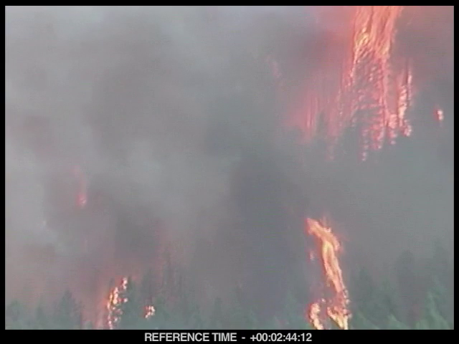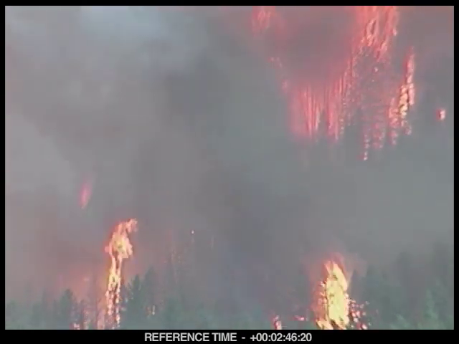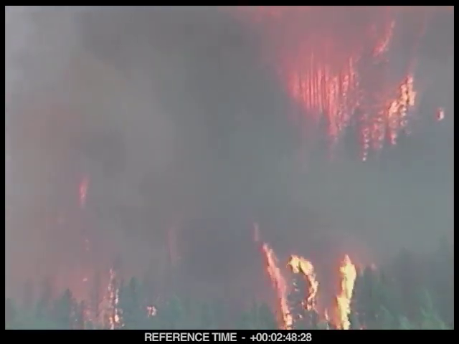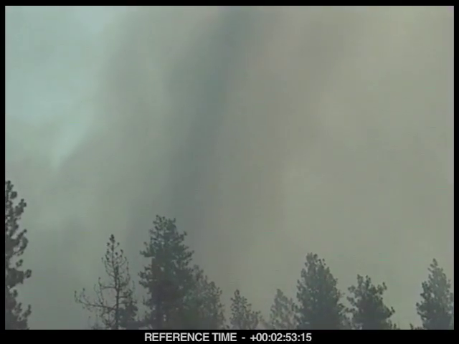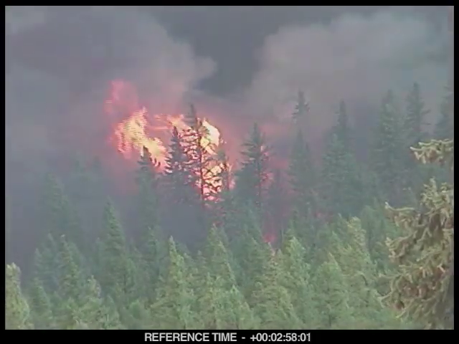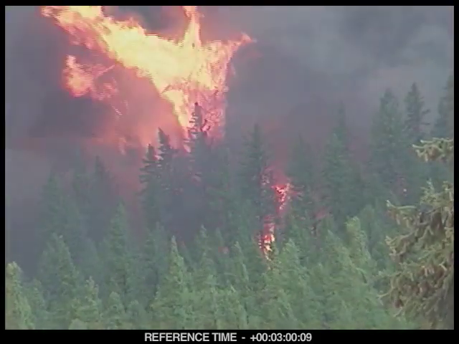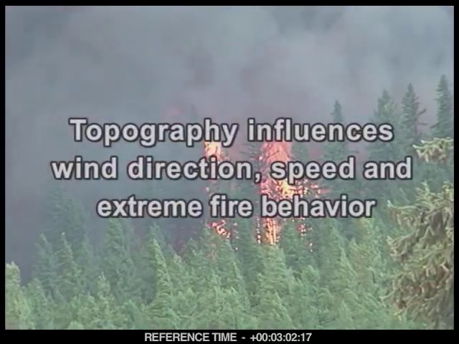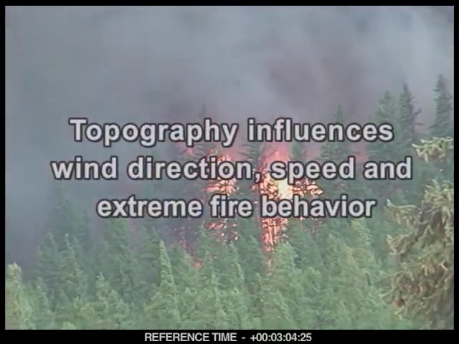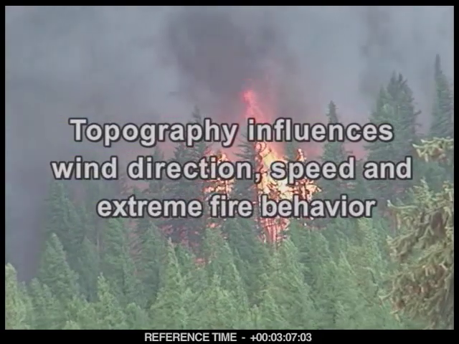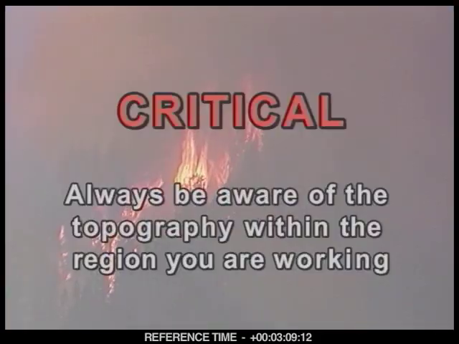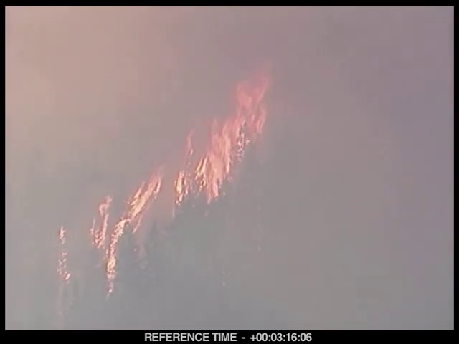As wind blows over topography, it creates additional problems by causing the air to become very erratic. As wind crosses intersections of ridges or canyons, it creates swirling eddies which form whirlwinds and dust devils. Wind can also pick up speed as it pushes along valleys and funnels up through canyons. In both situations, topography is at the root of the unstable air movement, creating extreme and unpredictable fire behavior. Always be aware of the topography within the region you are working. It is important to understand the potential effects it might have on the wind.